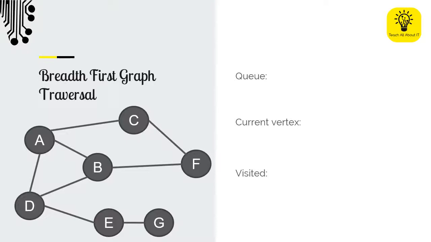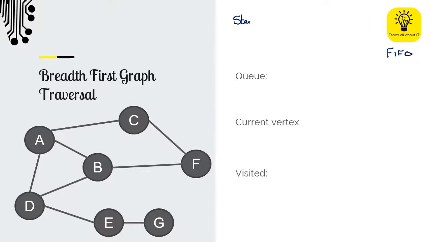A queue is known as a FIFO data structure. That means first in, first out. Think of a shopping queue when you go into a shop. If you arrive at the checkout, the first person to arrive at the checkout is going to be the first person who gets seen. So therefore, what we are going to do is identify our starting